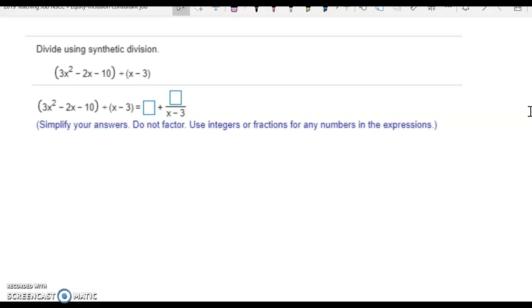The first thing to remember is, for synthetic division, it is a condition that you must divide a polynomial by x minus c. So remember this one. It is great that in this question the divisor is already given in x minus 3 form. Sometimes they just give you x plus 3. So let's see, x minus 3 or x plus 3.